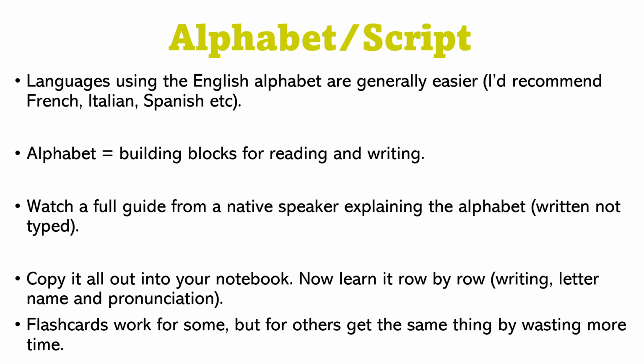The good thing is learning alphabets isn't actually that difficult when you're doing it. So the alphabet is basically the building blocks for reading and writing. It's not just to do with reading and writing, because you need to know how to pronounce things properly. And the thing about romanizing things is it's not always accurate. There are plenty of letters in different languages that you can't write with English letters. It just doesn't make sense. So it's better to get the feel of the language straight away than try and romanize it to make it easier. And by romanize, I mean using English letters. So if you were to take a Japanese word, you just write it with English letters.